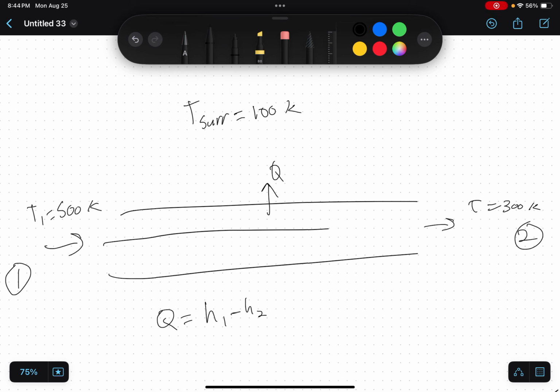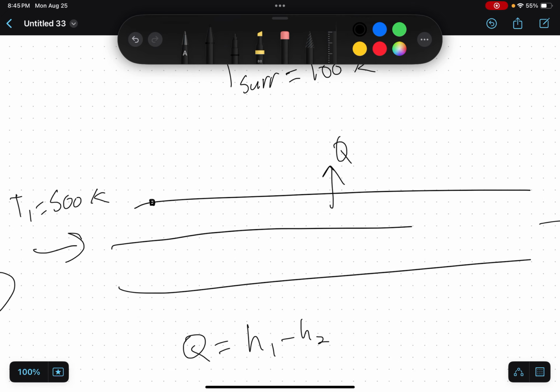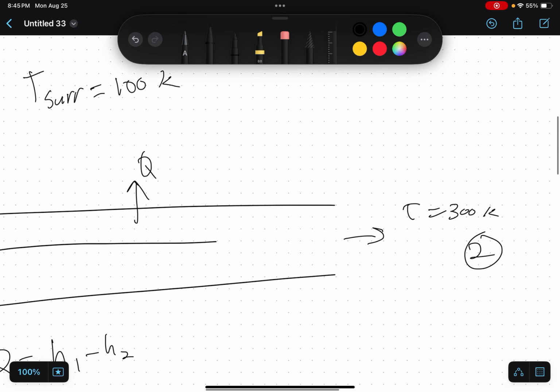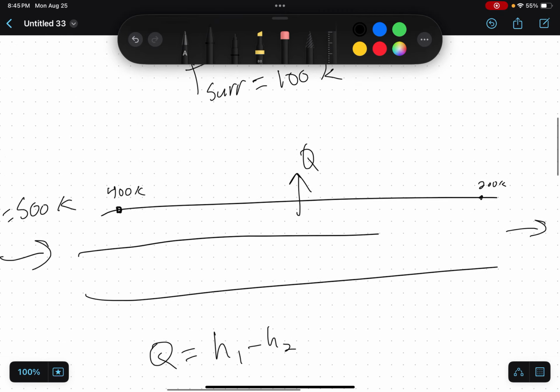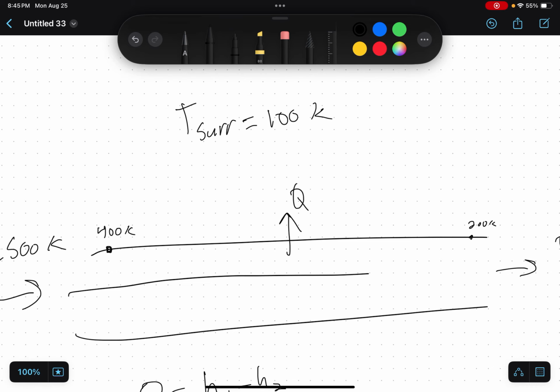And it's going over this surface, which is technically, well, that's the weird thing. Because the surface temperature of the pipe is, let's say, 400 Kelvin up here, and like 200 Kelvin down here. That's the weird thing, because the temperature changes, so you kind of have to integrate it, or maybe you could just,